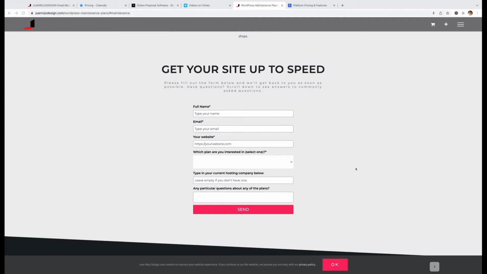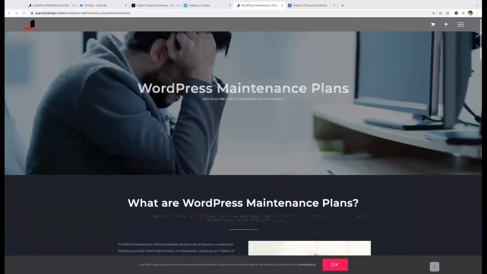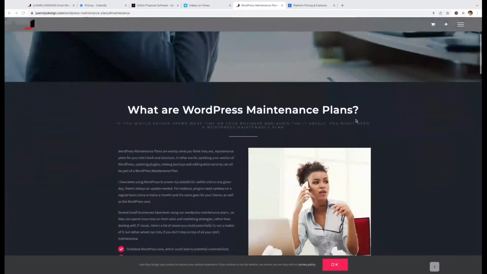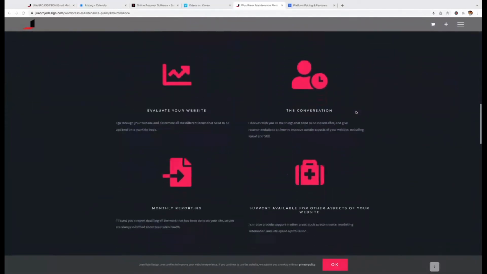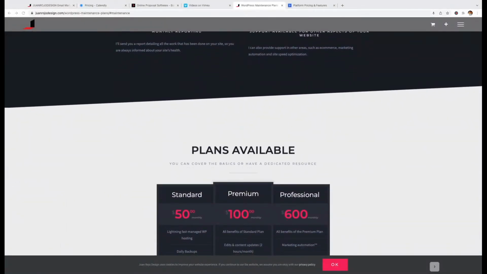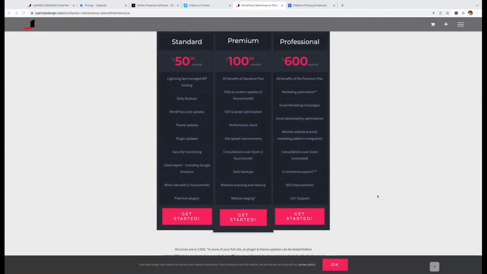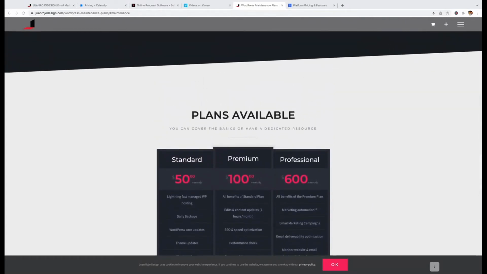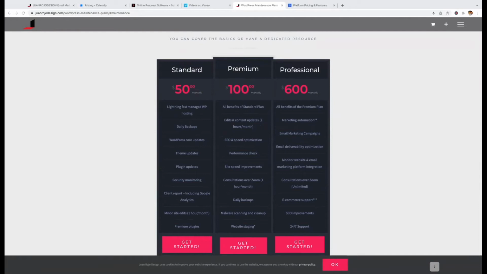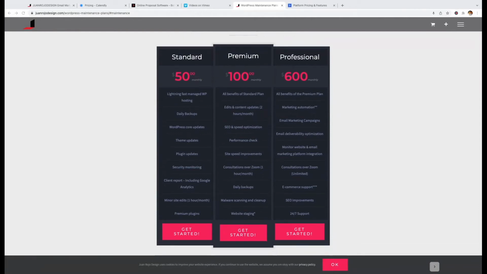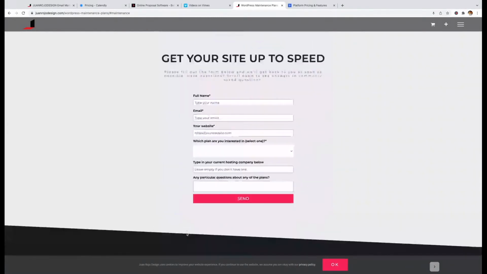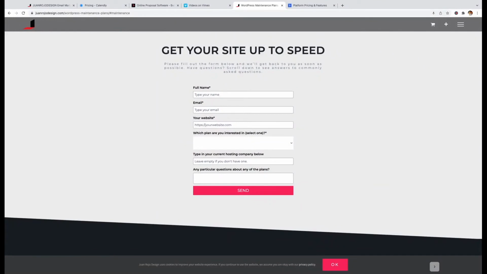This is a form found on my landing page for WordPress maintenance plans. And this page essentially details the reasons why a small business might want to use a WordPress maintenance plan so they don't spend too much time updating plugins, themes, dealing with hack websites, etc. Just leave it in the hands of a professional and you can concentrate on your core business. So once they get down to this section where they see the pricing, they can decide what plan is better suited for their company. And then they click on Get Started, scroll down automatically to the form, and this form